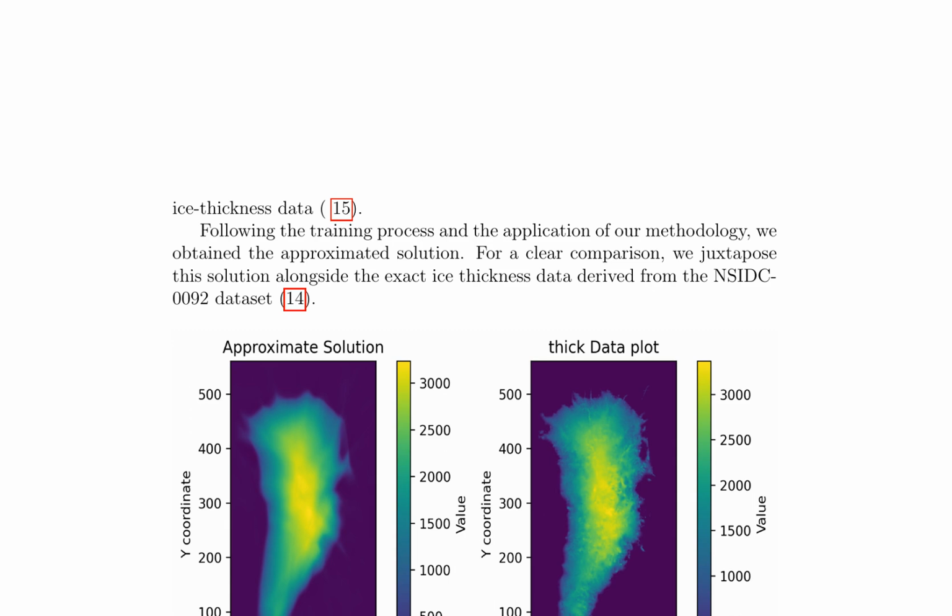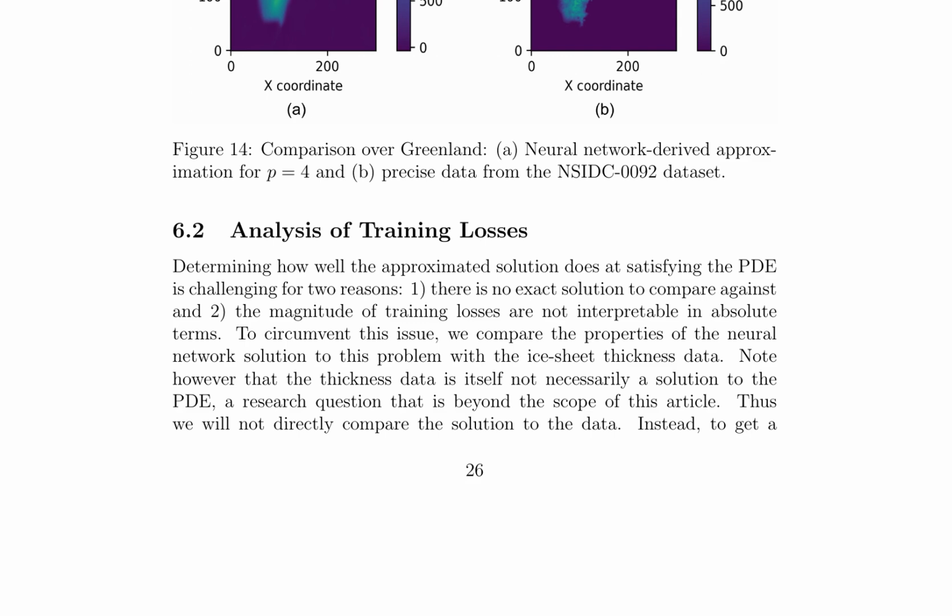By analyzing the properties of the neural network solution alongside ice sheet thickness data, the study assesses how well the approximation satisfies the underlying partial differential equation, PDE, without relying on direct solution data comparisons. This novel approach facilitates a more nuanced understanding of the neural network's performance, highlighting its ability to capture complex ice thickness patterns while minimizing errors. The results demonstrate the potential of neural networks in approximating ice thickness, with implications for improved climate modeling and glacier